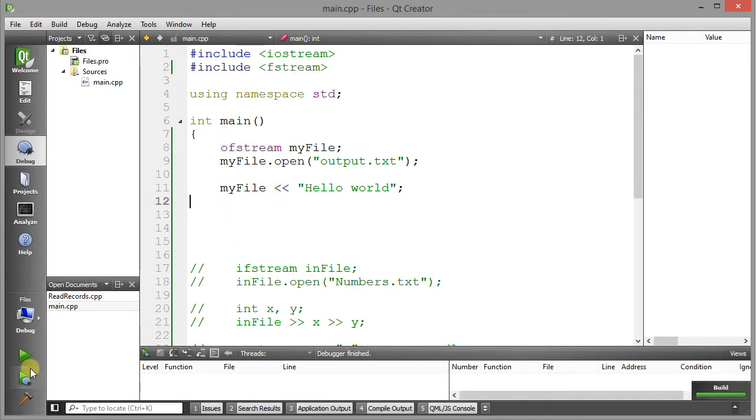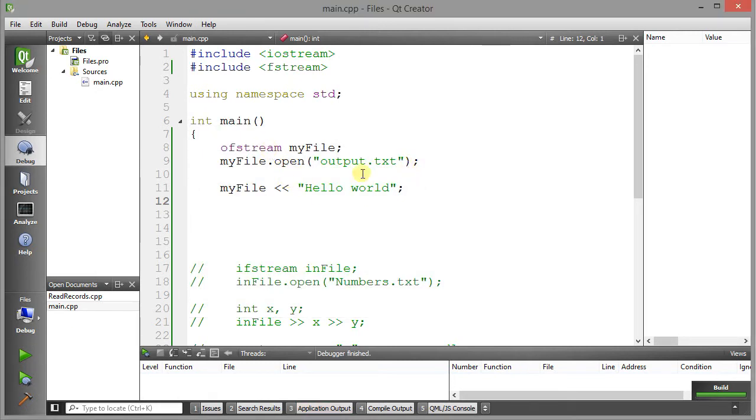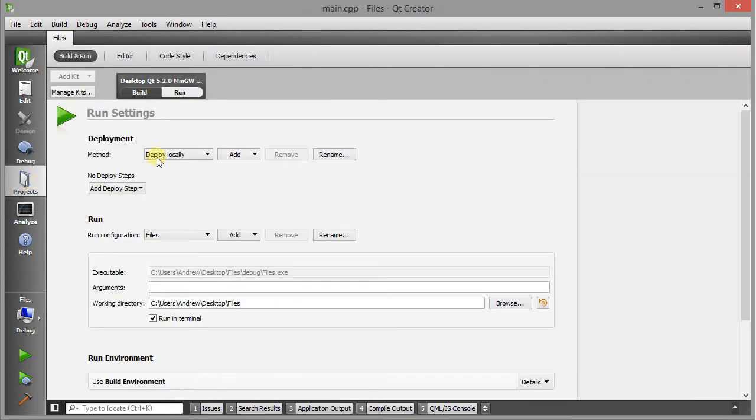So I build this program and I run it, and I don't see anything because I'm not printing to the console. I'm printing to this file called output.txt. Well, to figure out where that is, I can go to the projects mode, and here's where I can configure the build process, which I don't want to mess with, and I can also look at what happens when I run the program. So if I go to the Run tab,